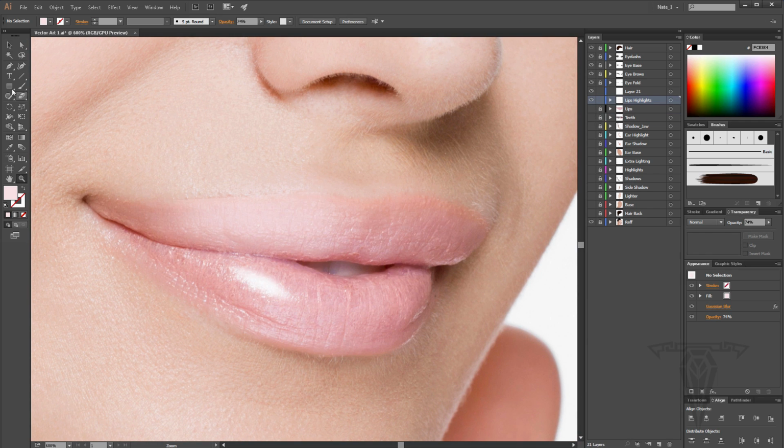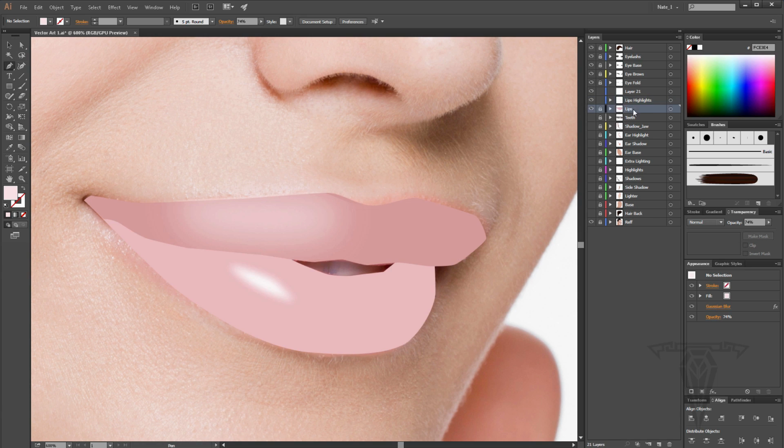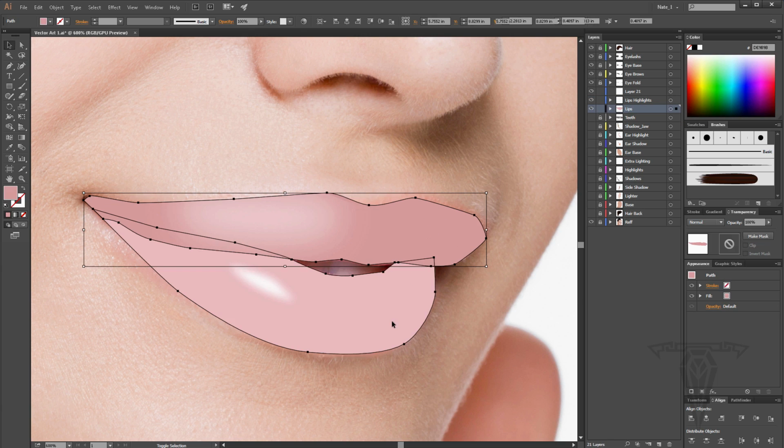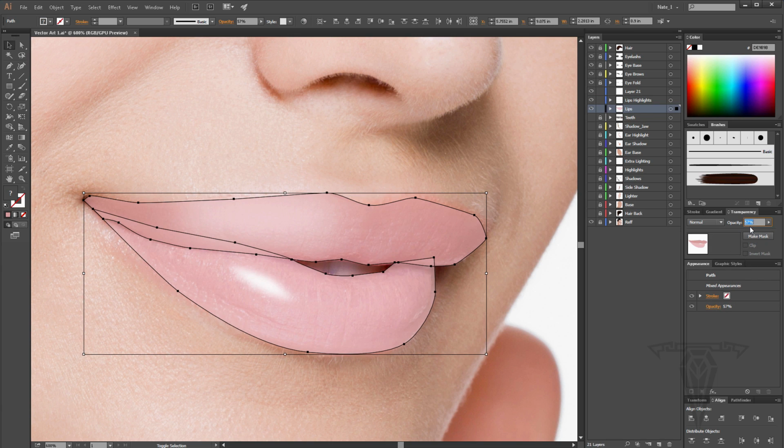So let's go ahead and hide that, and I'm on the highlight layer. I'm going to actually keep my lips visible, but what I'm going to do is lower the opacity for right now on my lips layer. So let me select these two and just bring it down just so I can see their shape, but also see the highlights. Let me bring it up just a bit more. Okay, go back to my highlights layer, lock lips,